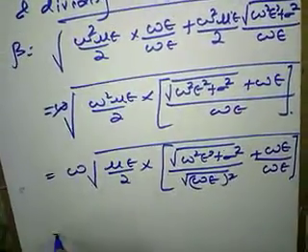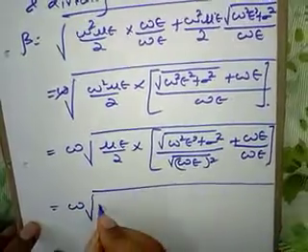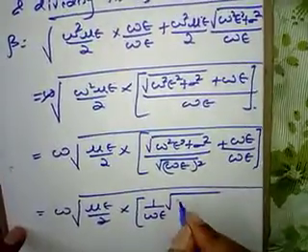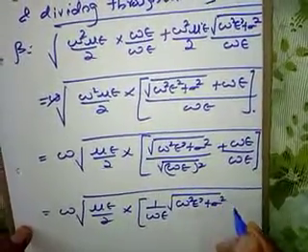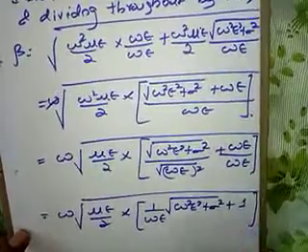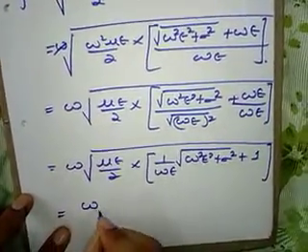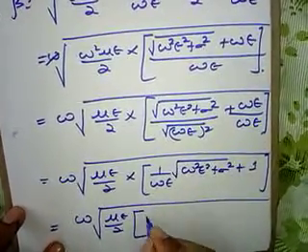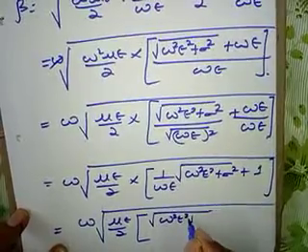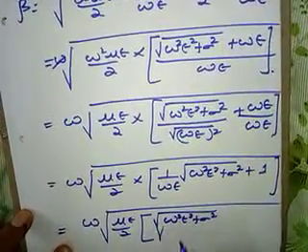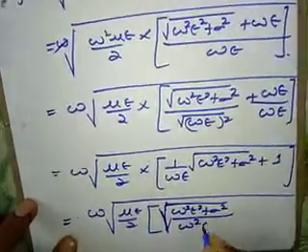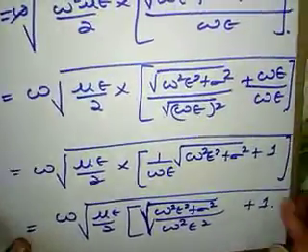So this will get omega into square root of mu epsilon by 2 into 1 upon omega epsilon, square root of omega square epsilon square plus sigma square, plus 1. So this will be omega outside, into mu epsilon by 2, into square root of omega square epsilon square plus sigma square. If I take it under the square root, this is divided by omega square epsilon square, plus 1. Right, students? So what will be the next equation then?